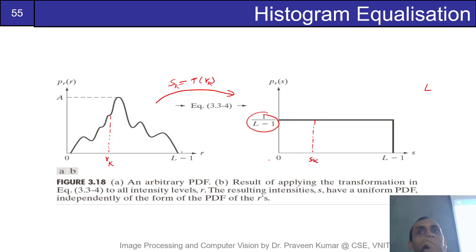So what should be the same? The range is the same, but the count of the number of pixels in this input image having range from 0 to rk should be the same as the count of the number of pixel values from 0 to sk. So that means